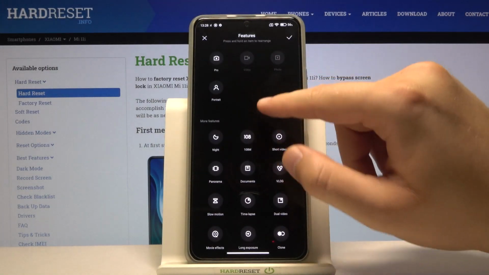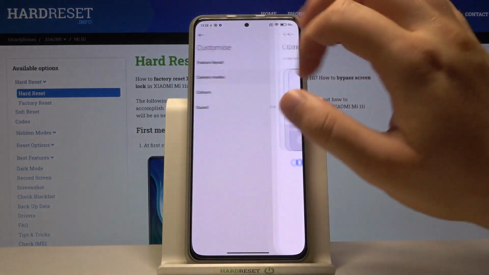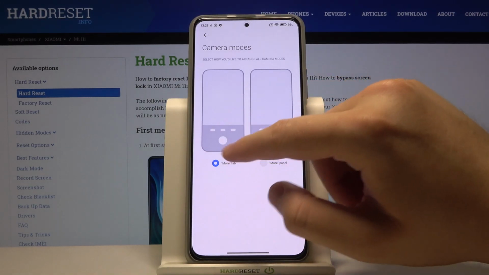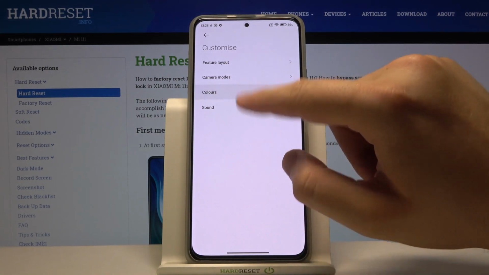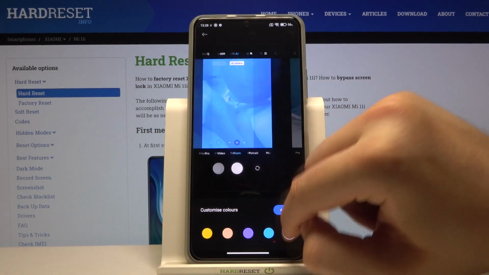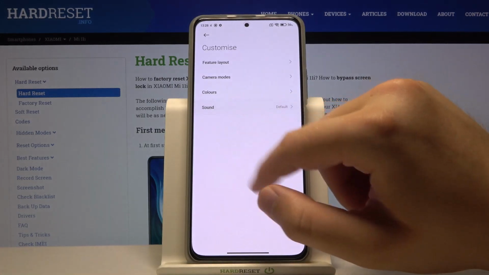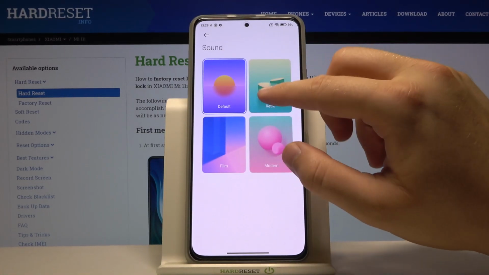There we can change position of these icons of these modes. There we got the camera modes like standard or more panel, colors that we can apply on our camera, sound, so there's the shutter sound,